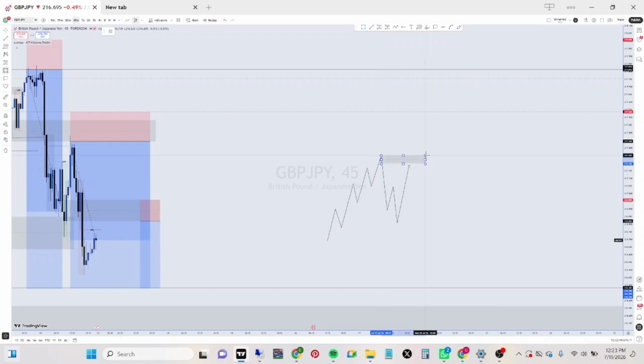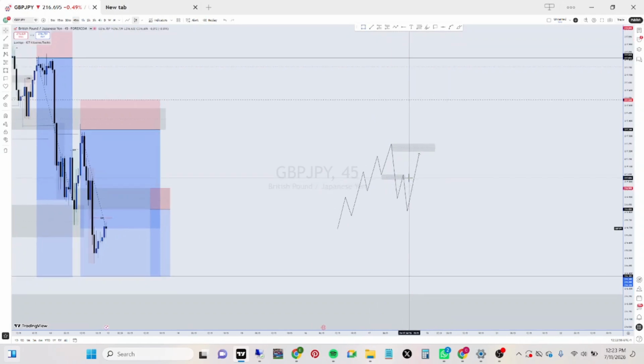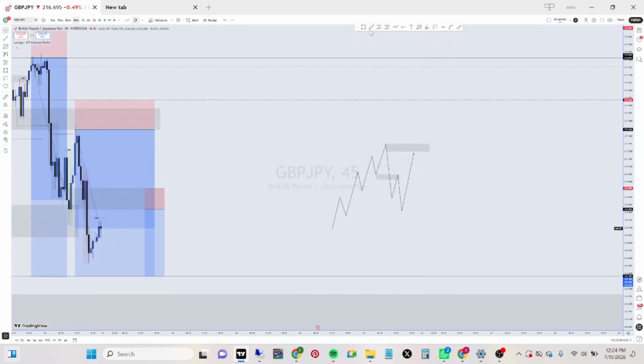Now this is your POI. This is your breakup look that is already mitigated by the inducement provided at this level. Now you want to see price come pick this low for continuation. Now you want to see something like this,